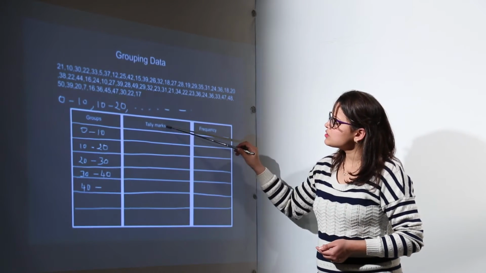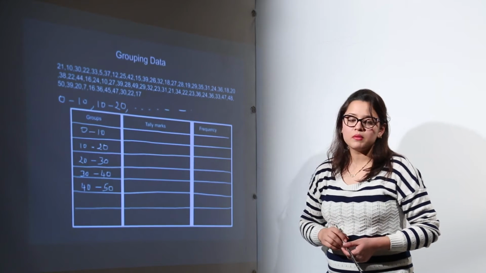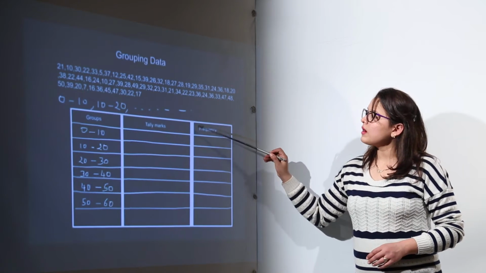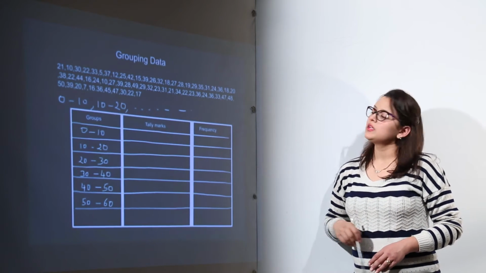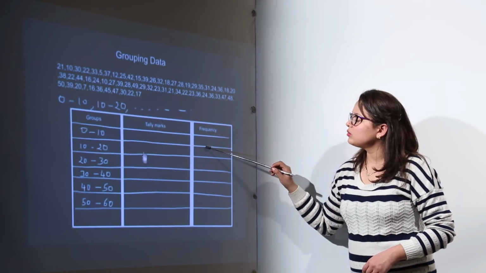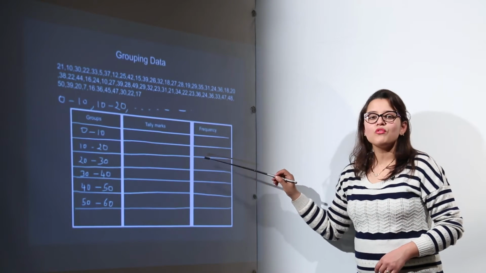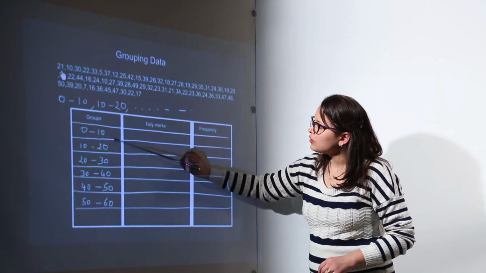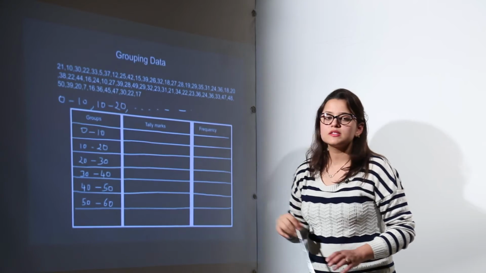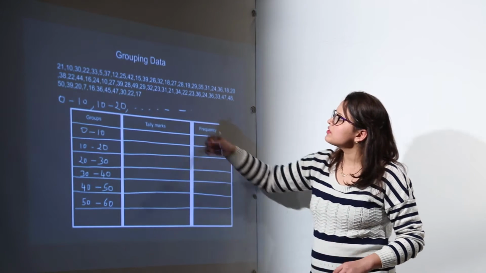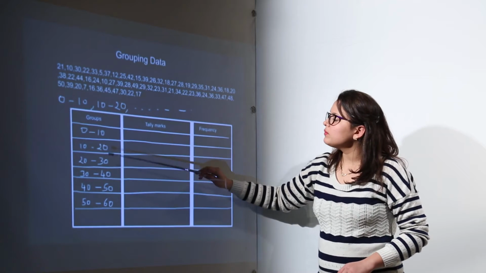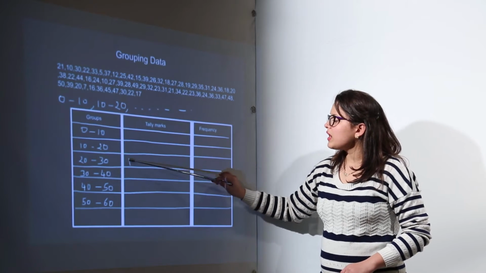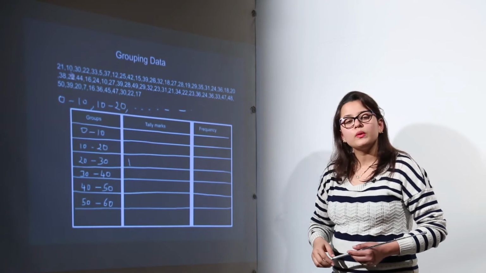Now the second section of the tabular format will be your tally marks section. In tally marks, again we will be repeating the same procedure, one tally mark for one value of the raw data, and then we will be counting them together, totaling them to write the frequency of each case. Now as we have already made the groups, we can start with the tally mark section. Let us check the first value, 21. See, 21 is going to lie in between the group value of 20 and 30. So I have made one tally mark in the group of 20 to 30.